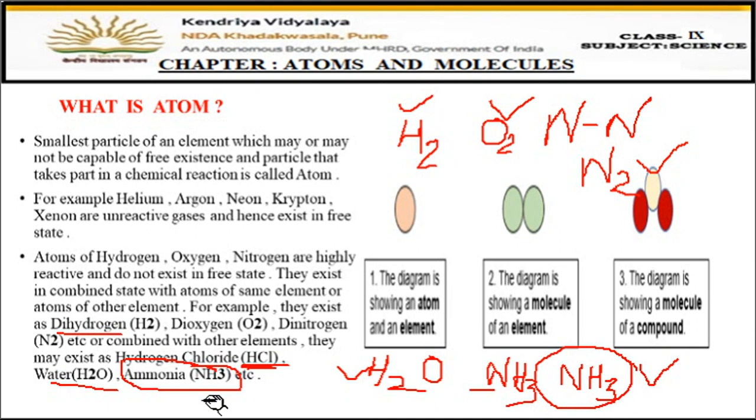Fine. So atoms of one element can combine with the atoms of the same element, or they can combine with the atoms of different elements also. And in this way, they are found in the combined state in nature. Okay, and some can be found in the free state, like the noble gases which are unreactive. The unreactive ones can be found in the free state, otherwise all the rest which are reactive can be found in the